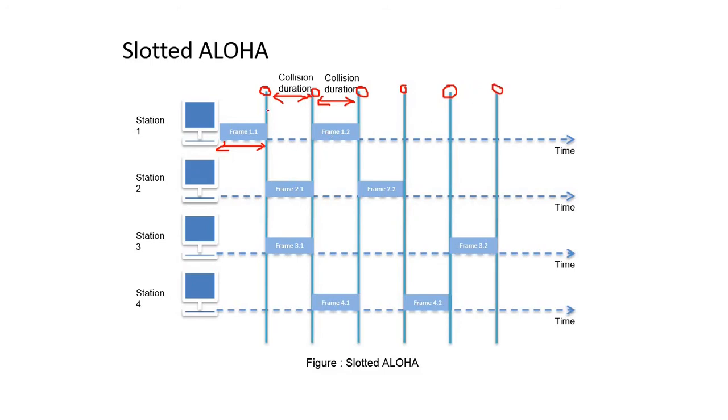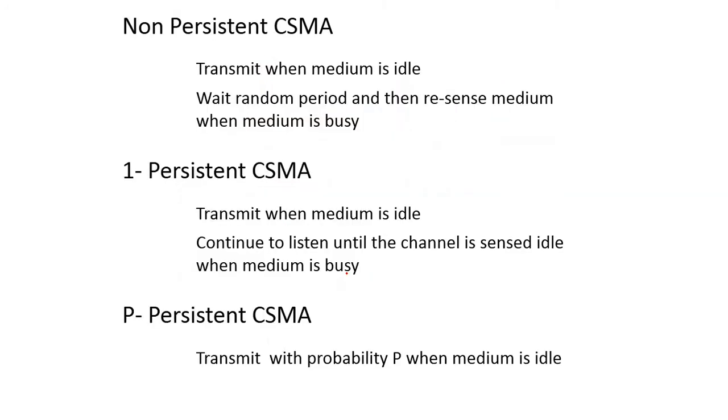So let's see, suppose at this time two stations started the transmission. Here station 2 has already started the transmission and station 3 has already started the transmission. So more than one station started the transmission. Same thing here in the third time slot, station 1 and station 4 both started the transmission. So that is a collision. Get it? So again we cannot handle the situation by using slotted Aloha also. So these are the collisions.